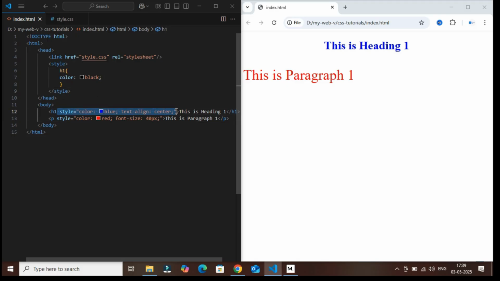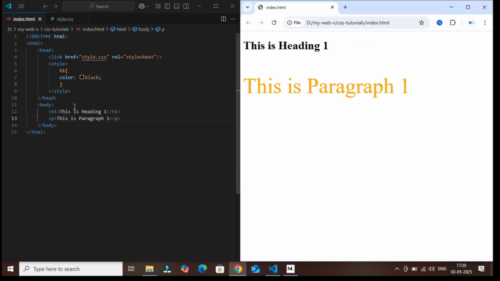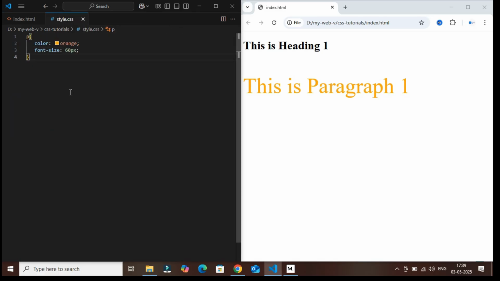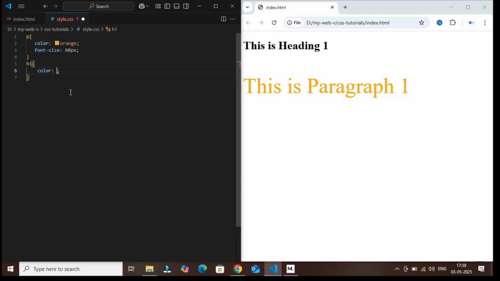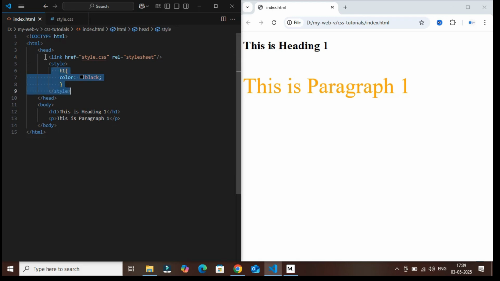Next, we will remove the inline CSS and will compare between internal and external CSS. As you can clearly see in the video, after removal of inline CSS, the external and internal CSS properties will apply to that page. Here I have added some properties in external style sheet, as, for heading tag color yellow, and I kept my style sheet below the style tag in head section. Then you can see the latest properties will apply to the element.